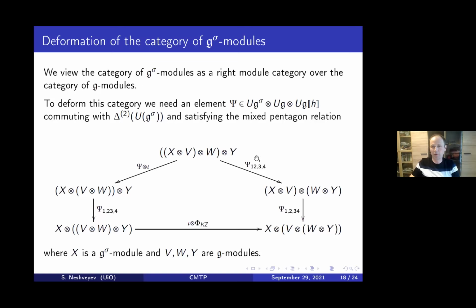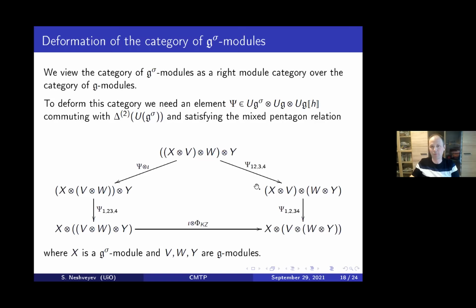So what you need for this is, again, some sort of associativity morphisms. You have an element in your module category, which you want to multiply on the right by elements in your tensor category. But you have to be able to redistribute brackets. So you have to be able to go from (X tensor V) tensor W into X tensor (V tensor W). And if you have all brackets on the left and want to move all brackets to the right, there are two ways of doing this. So you need this element psi making this diagram commutative.